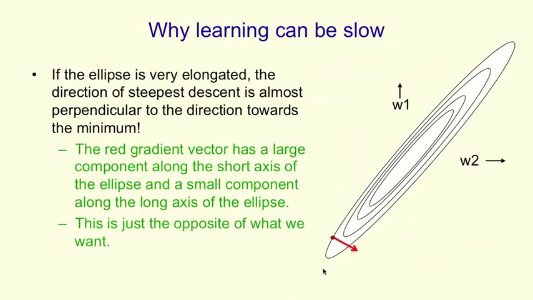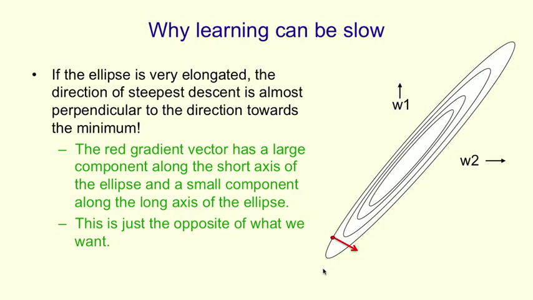Using this picture of the error surface, we can also understand the conditions that will make learning very slow. If that ellipse is very elongated, which is going to happen if the lines that correspond to two training cases are almost parallel, then when we look at the gradient, it's going to have a nasty property. If you look at the red arrow in the picture, the gradient is big in the direction in which we don't want to move very far, and it's small in the direction in which we want to move a long